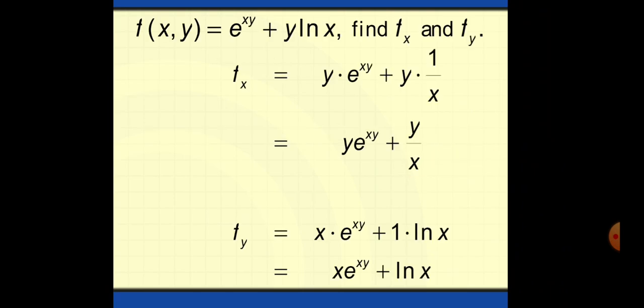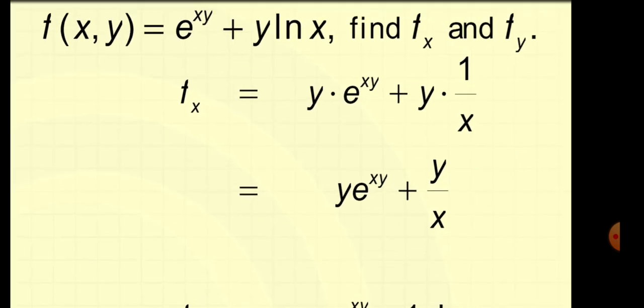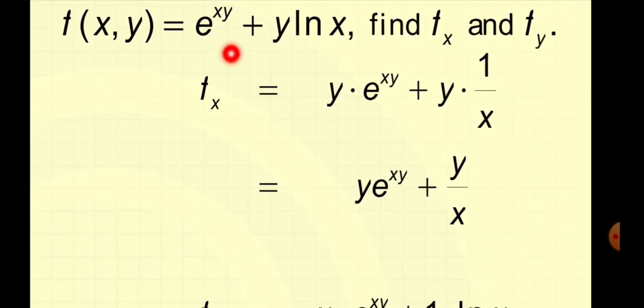If you have f of x and y equal to this function, it is needed to find partial f partial x and partial f partial y. For partial f partial x, x is the main variable and y is a constant. So here the exponential e to the power xy, its derivative is e to the power xy, and the derivative is with respect to x, so you have to follow the chain rule here, times the derivative of the power with respect to y,